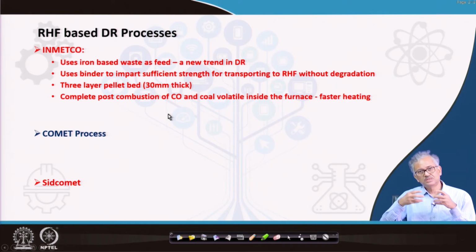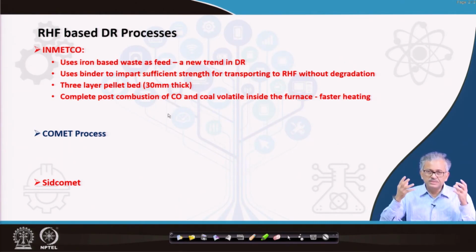Whatever the CO is generated from the direct reduction, they completely post-combust it, such that your heat generation, that is the temperature of the furnace, is higher. Okay, and also the coal volatile is burned inside it. So,